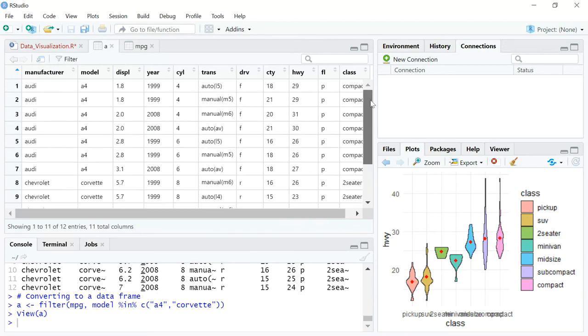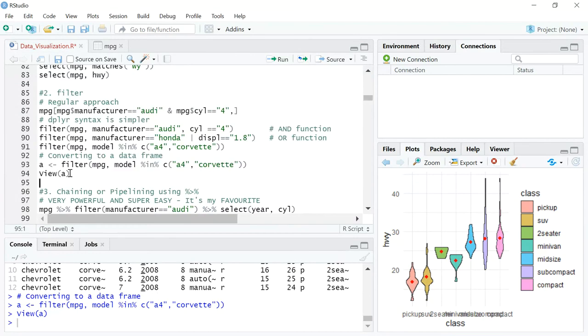That pretty much makes it, and then you can download this into an Excel format and send it out. You can export it, and so on and so forth. So that makes it pretty easy. So what we have seen so far is the select function, which selects separate columns, and the filter function, which selects values within a certain row. These are two important functions in the dplyr package.